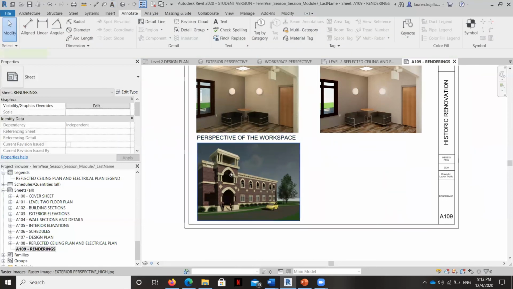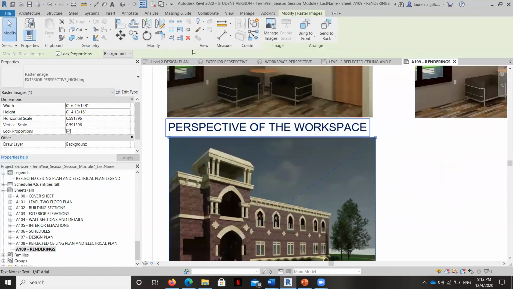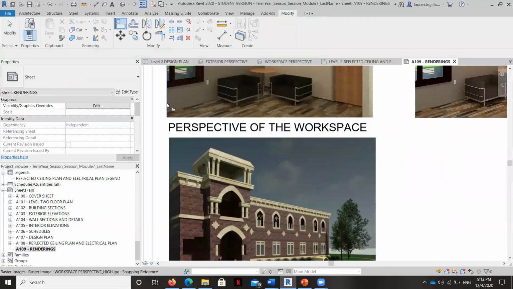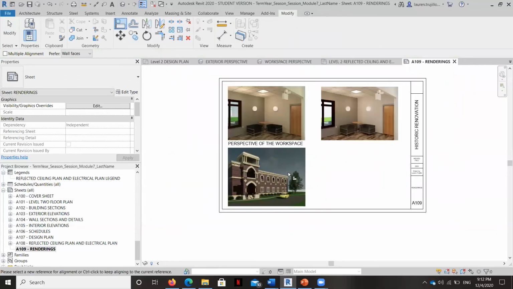And again, just a little bit of attention to detail like we've learned already by just aligning these things, and you can mess with this and make sure that everything lines up. You can scoot this up and kind of make sure that the label down here matches the label up there,